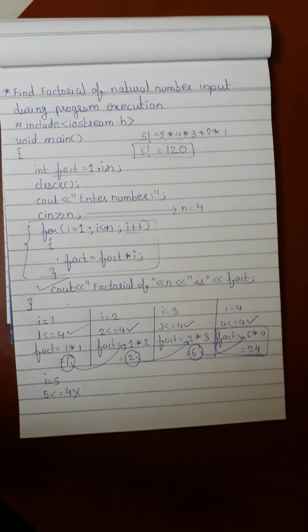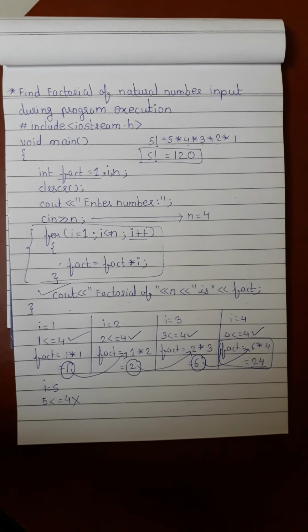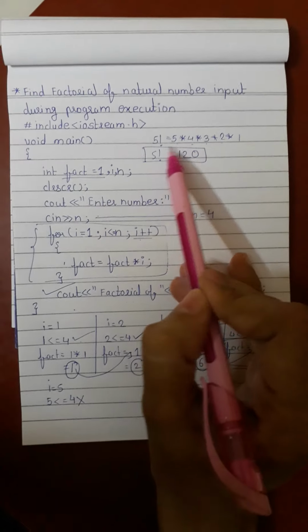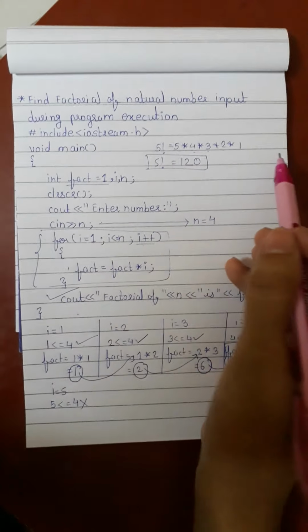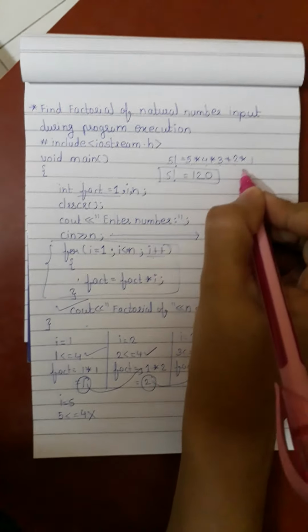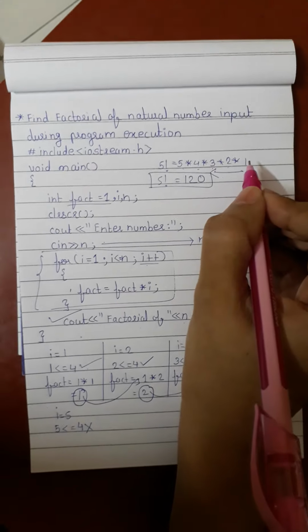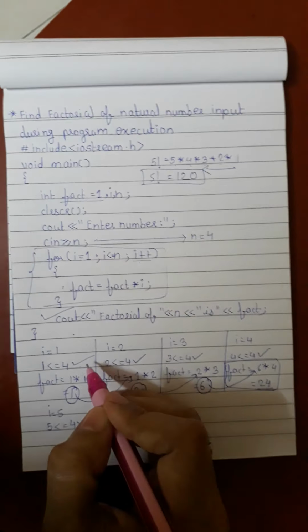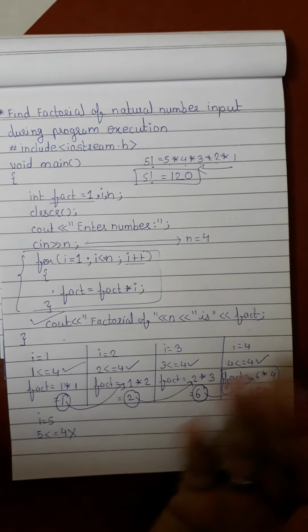Like that, this particular execution will take place. I hope it is clear to you. While calculating the factorial, we normally multiply like this, 5 into 4 into 3. But if we multiply the numbers in this manner, still we will get the same answer at the end. So that I have added in this particular logic. So I hope it is clear to you. So now we will move to the next question.